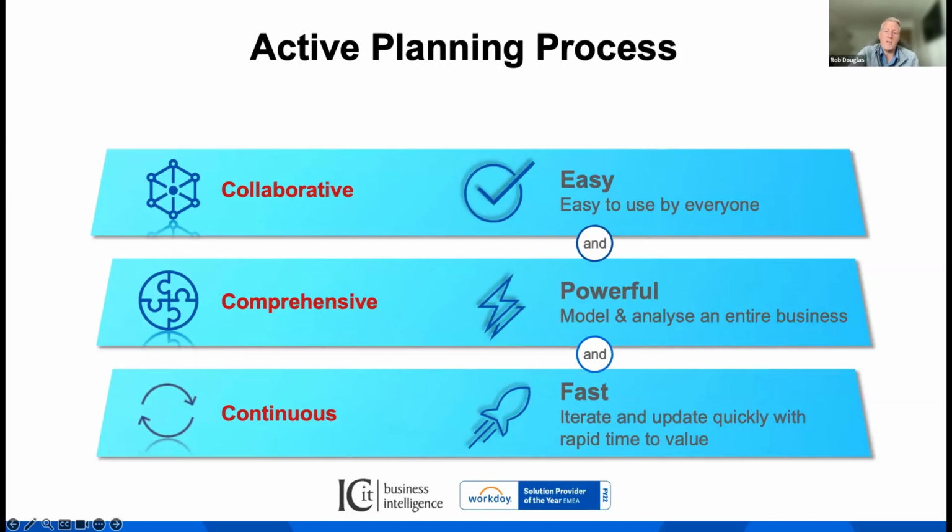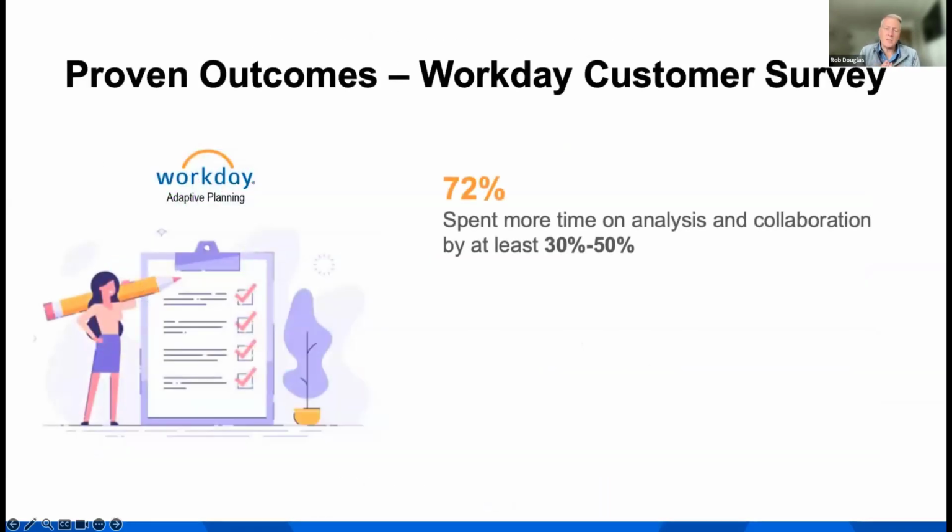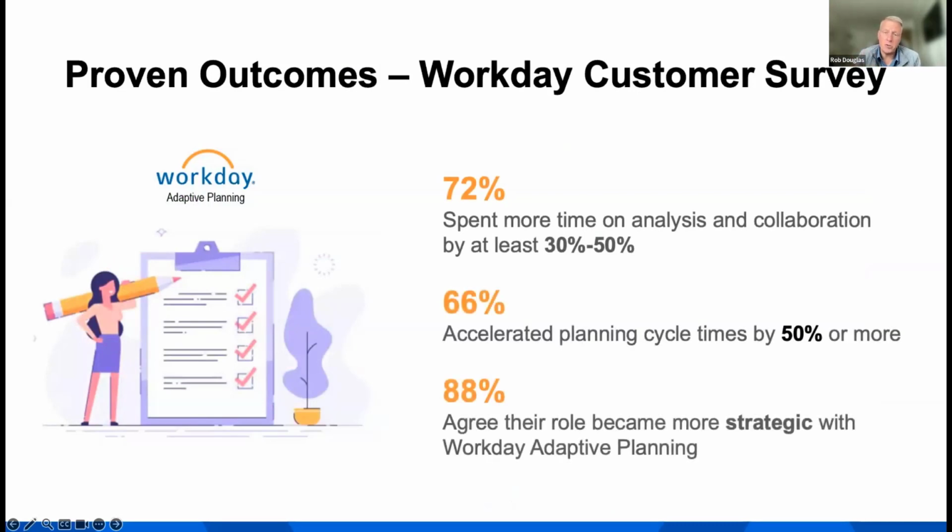And what does that all mean? It means that you really, as a business, can really get some solid outcomes on this. We've got a lot of experience, as I said, hundreds of implementations ourselves, Workday Adaptive Planning, 6,000 plus customers over the last 15 plus years, and they've seen these sorts of results. Organizations spend 30 to 50% less time on the process. Cycle times typically up by 50% to go through that sort of planning process. Enabling you to spend a lot less time crunching numbers, stop being a spreadsheet jockey, and start being more strategic,